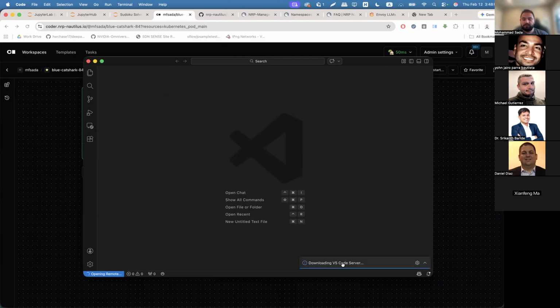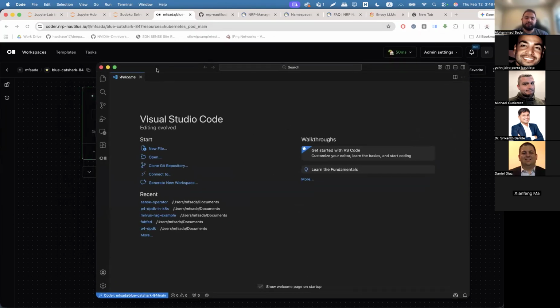You can see it's all going through SSH, and just giving it some time because this is a fresh VS Code, so it doesn't have the extension. So first time around, it installs it from scratch. You can see here,